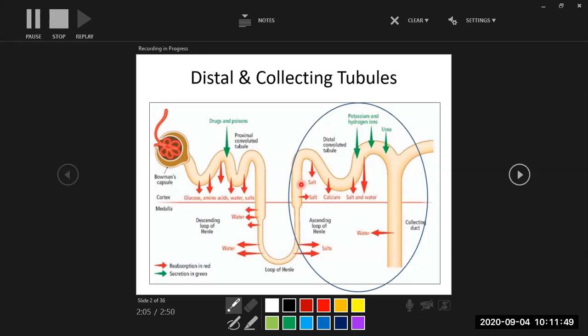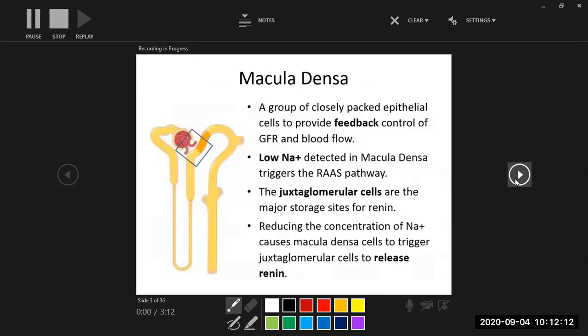And then following that, we are going to see something quite unique. We will finish today. We will talk about the distal and the collecting tubule and the collecting ducts. The collecting tubule is the one that starts collecting. For the collecting ducts, we have several collecting tubules coming all together into a collecting duct. All right, so right after finishing the loop of Henle, the first thing that we will see is this juncture